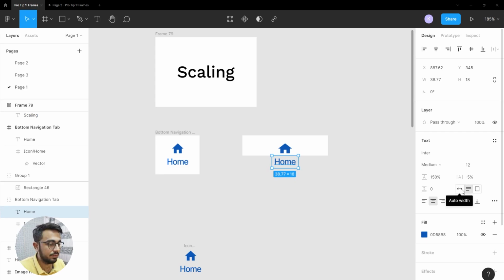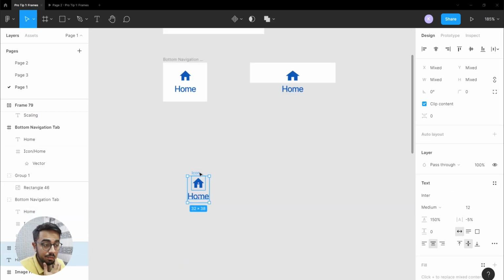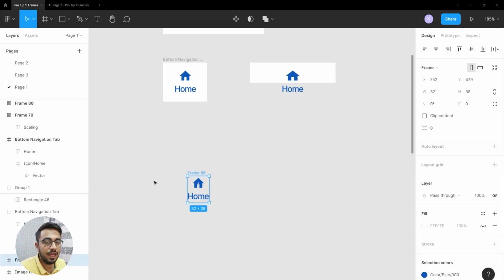So how can you use it? Say I have these two elements and I want to put them in a container. So the simplest way would be to add a group, but I don't want you to do that. I would want you to replace a shortcut that you have been using all along and add one more key to it. If you're using Windows, just add Alt to it. And if you're using a Mac, you just have to add Option to it. What I'm talking about is just select these two elements and instead of pressing Command or Control G, just press Control Alt G or Command Option G. Okay, this would add a frame. And what I would want you to do now is that add a color to it. This is how easy it is.